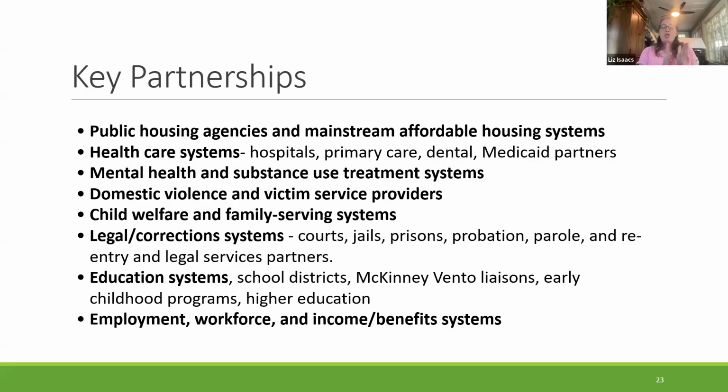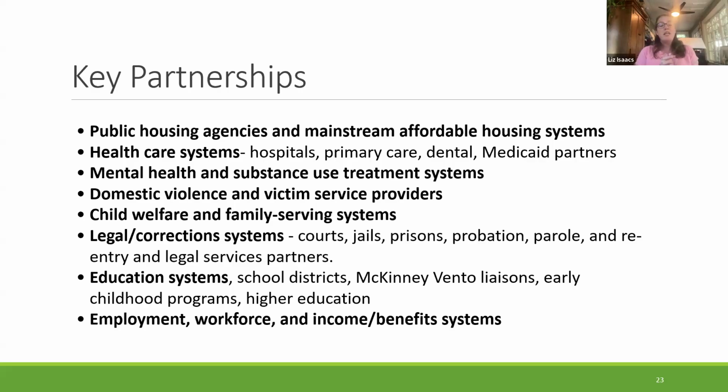There are always things about child welfare, family serving systems to ensure that our families are well taken care of and that we understand what these folks need from us, but that these folks understand, again, the unique needs of the folks that we're serving. Legal and corrections is huge. We want to have them at the table to make sure that, again, we know each other's systems better and can serve our folks. The education systems, it's critical that people know what their rights are,